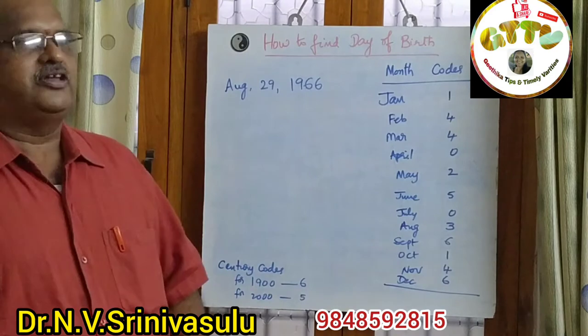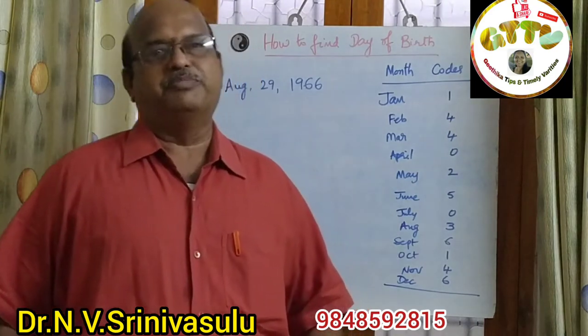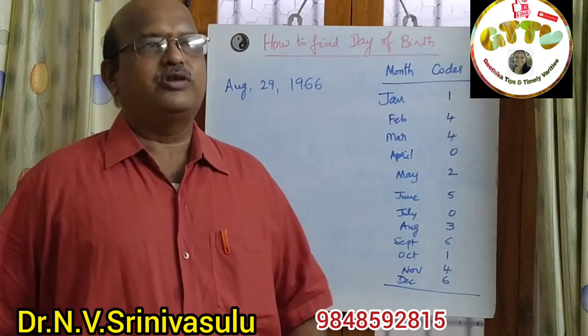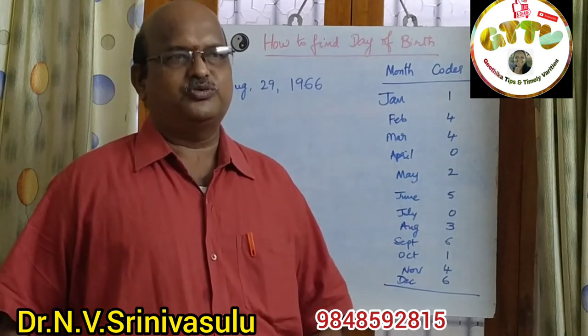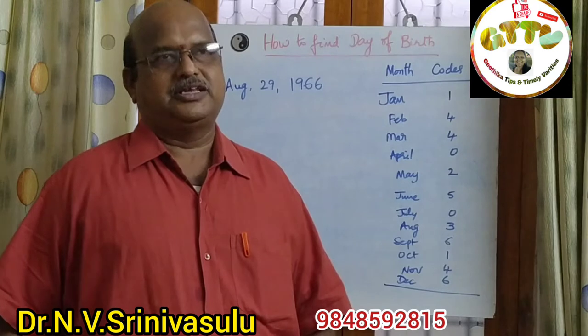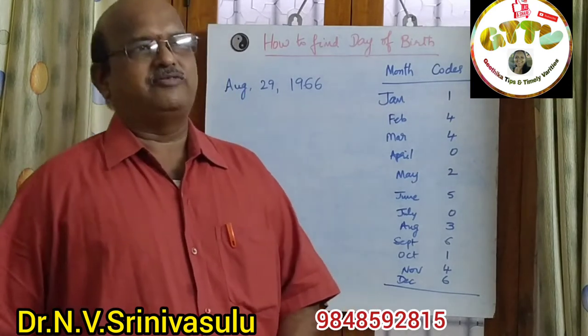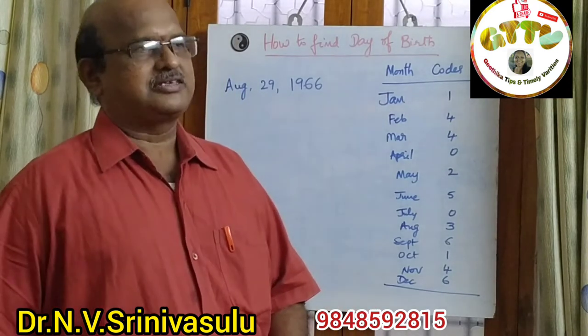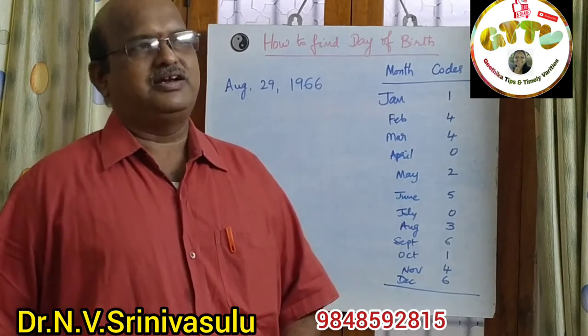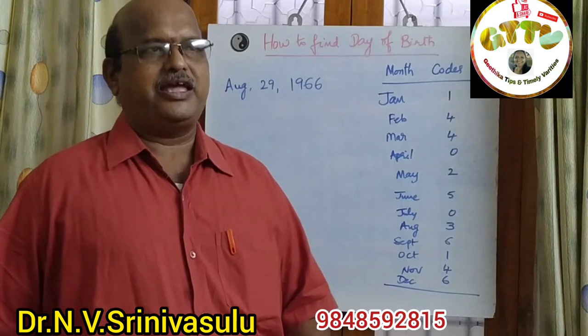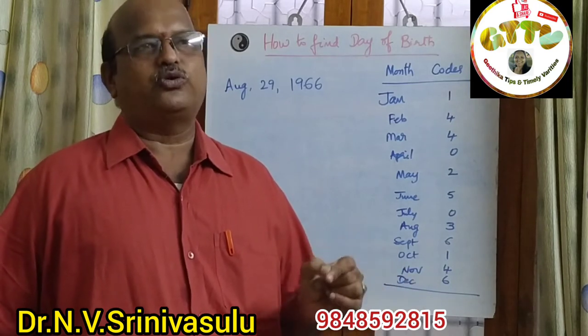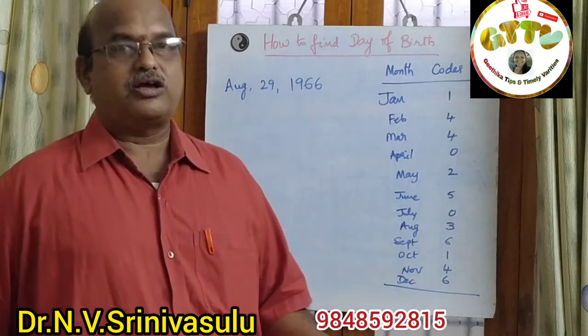So, for example, when you are traveling in a bus or train, you will have a group of people. Whenever you want to attract them towards you, you can use tips like this. Ask anyone, children will be there in the train, just ask, what is your date of birth? Then immediately calculate this in your mind and say, you are born on so and so day. Then everyone will be astonished.